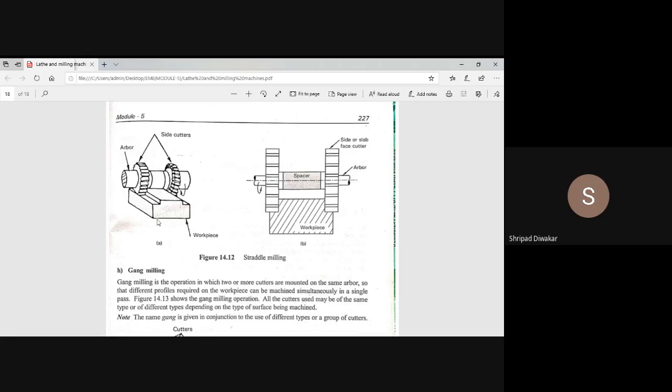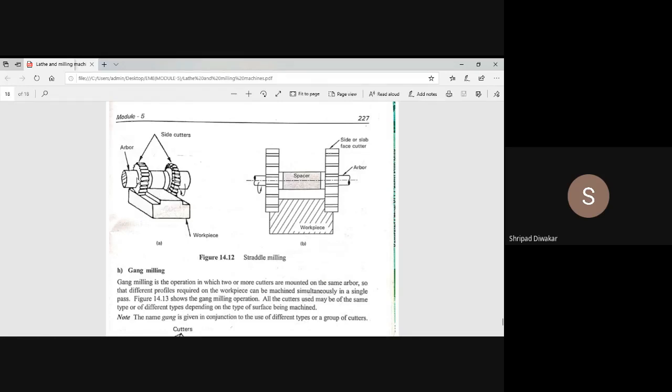It is exactly opposite to that of lathe machine. In lathe machine, because the workpiece is fixed in the spindle, workpiece rotates and the tool moves either in parallel direction or in perpendicular direction. But it is not same in case of milling machine. Here the workpiece reciprocates, or it moves to and fro, and the milling cutter rotates.